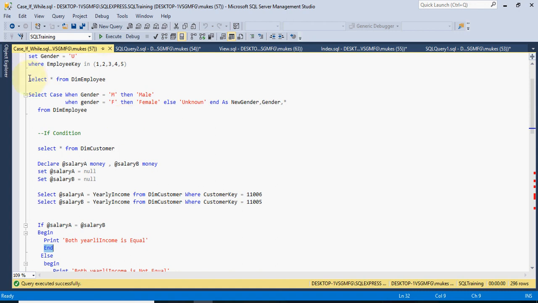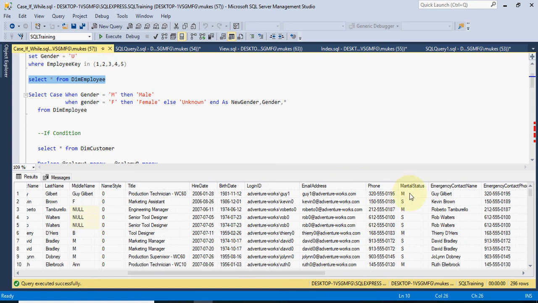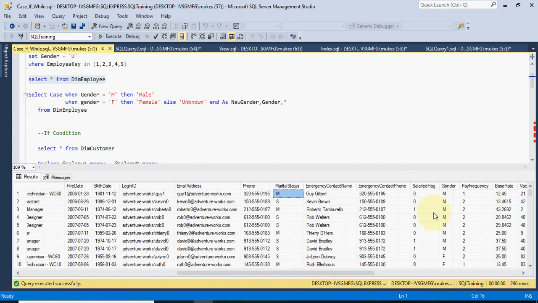Suppose in the table the marital status column is M only, and the gender column is M only. Suppose you have a requirement to update this table with the complete gender name like male and female, then we can use the CASE statement. We cannot use the IF statement. Okay. So in this scenario we can use the CASE statement.